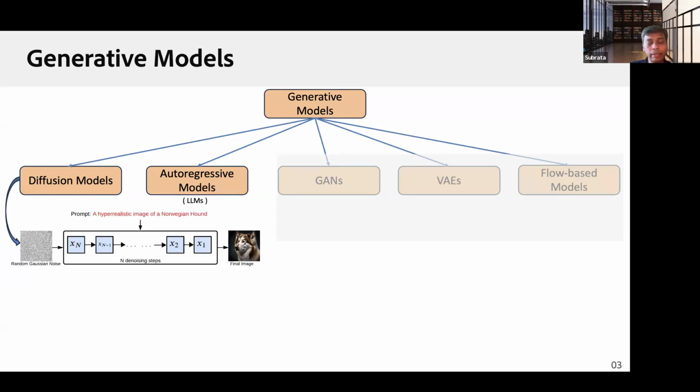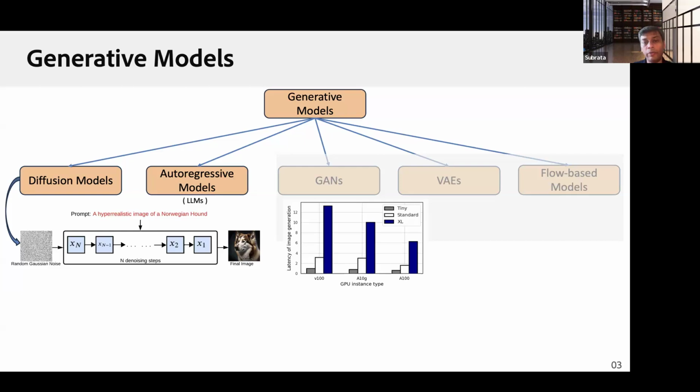And just to highlight, even for inference, what is the challenge? If we see how the hardware is evolving, more and more powerful GPUs are coming. Here, there are only 3 GPUs that we are showing: the older one is V100, then A10 or some version of that, which is available on AWS called A10G, and the more powerful A100s. And now there are even more powerful H100s and all. So these GPUs are significantly more powerful compared to the previous generation, but the model size and the parameter size of the model are also increasing, as I had shown in the first slide. And as a result of that, we can see even if the hardware is becoming more and more powerful,